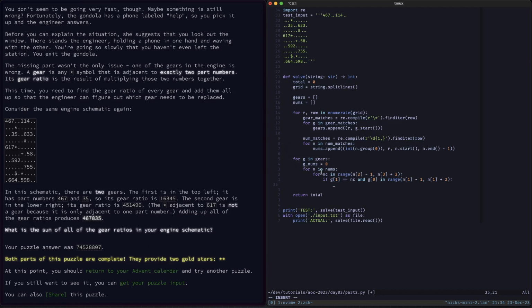For each of the numbers, and then we're going to go over the range, and g is in the range of that. Yep. So then we're just going to do gnums plus equals 1. If gnums is equal to 2, we're going to then do total plus equals